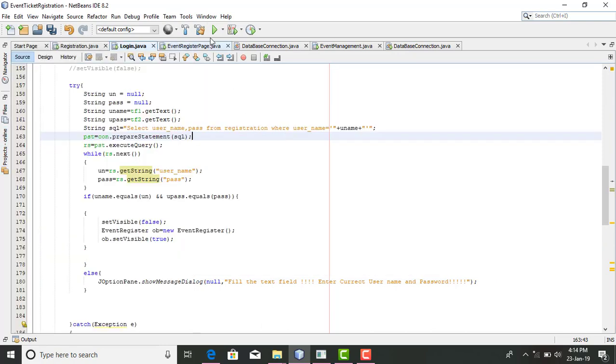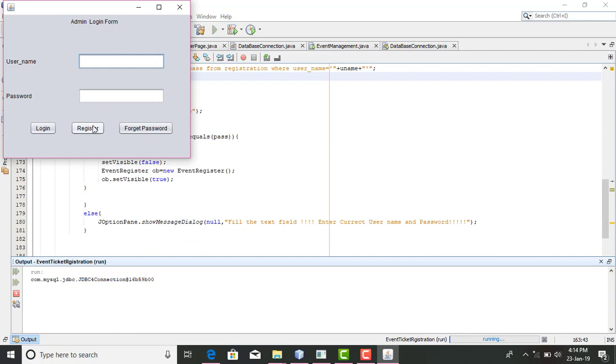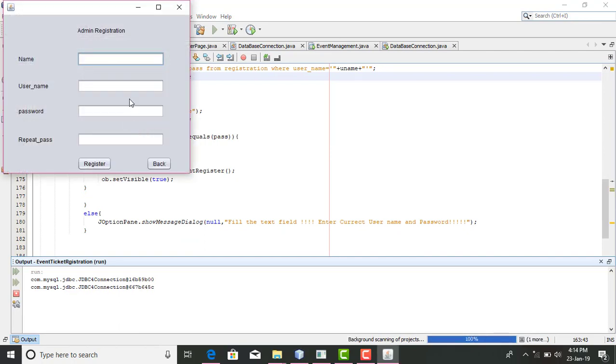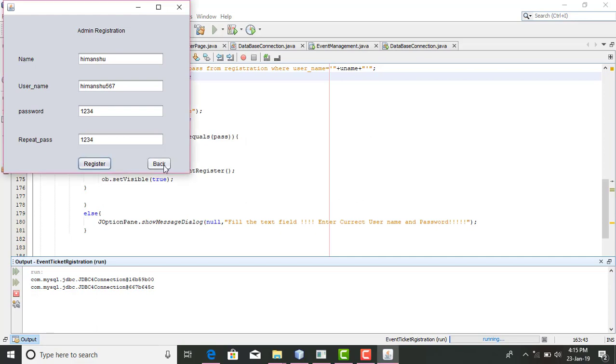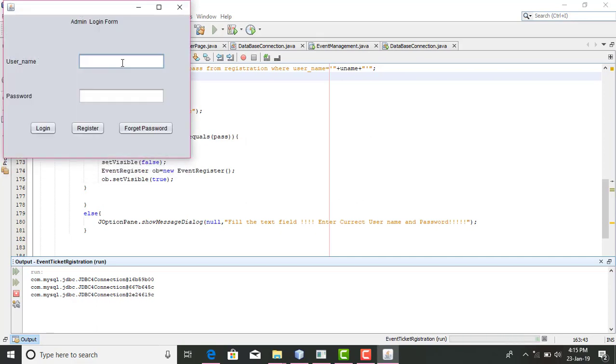Let me run this program, then you will get much more clarity. So very first we will register. Enter name Himanshu, my username Himanshu567, password 1234, repeat password 1234. Click on the button register. So you can see here registration successful. Click on OK, back button. Username